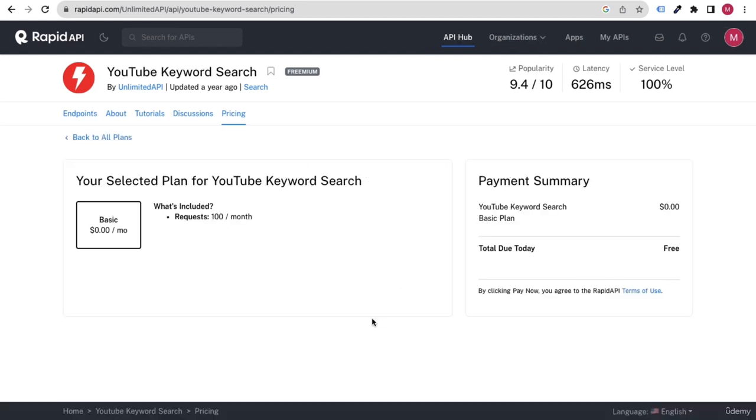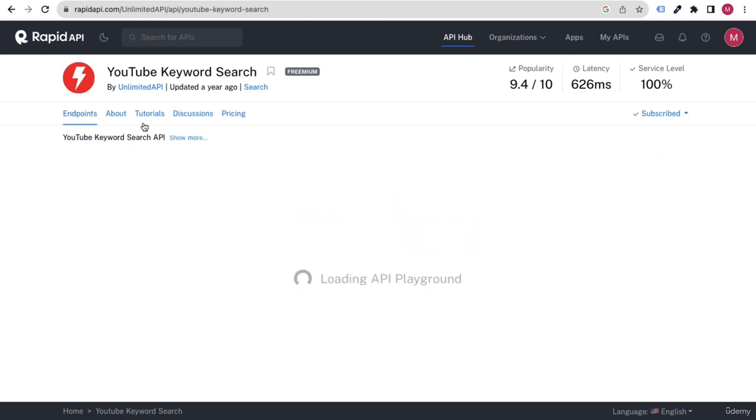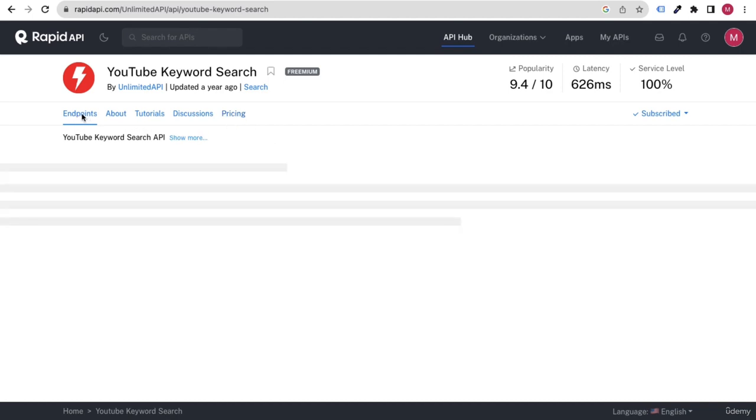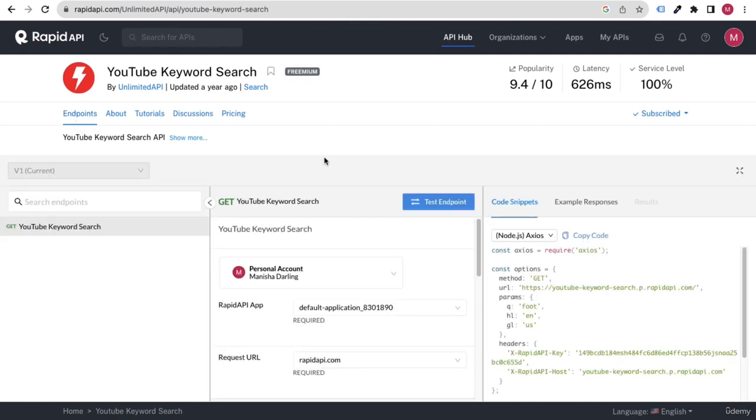And let's subscribe to this particular one. Subscribe, it's free. You can see the subscription was created successfully. Now you can go to endpoints after you subscribe to this API, which is free. If you click on test endpoints,